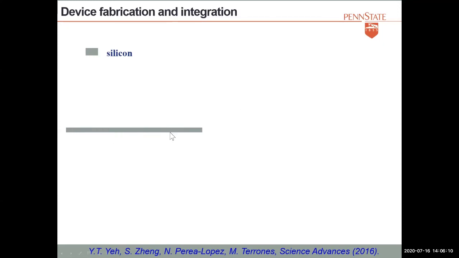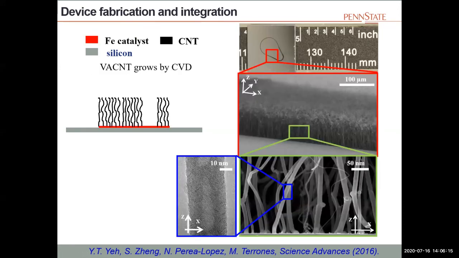Here we have a substrate where we deposit iron. From the iron, we can grow the carbon nanotubes, and then we can use patterning and grow the carbon nanotubes in this track, which is 200 microns in width, and the height could be 30, 50, to 100 microns in length. And you have a forest of aligned carbon nanotubes. Here you have the substrate, and at the bottom you can see the metal particles that were responsible for the growth of carbon nanotubes. So this is what we did.